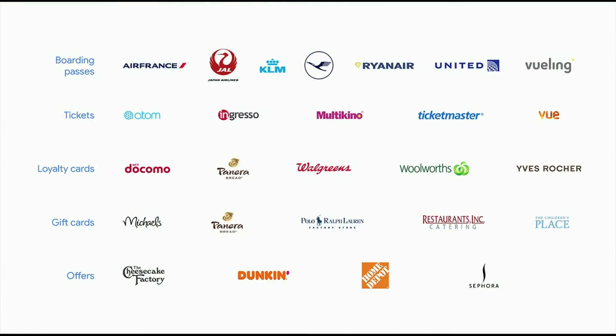And this is just one example, a subset of the partners that have worked with us recently and that have integrated the Google Pay API for Passes. We have success stories for these partners. As you can see, they are in these 5 categories. Concretely, we'd like to tell you more about 3 of them, so you can probably get inspiration from that.